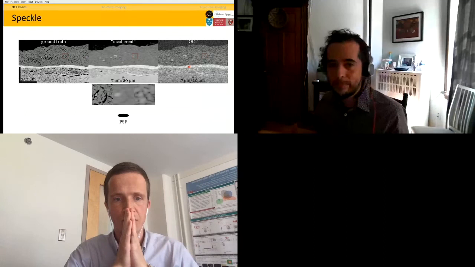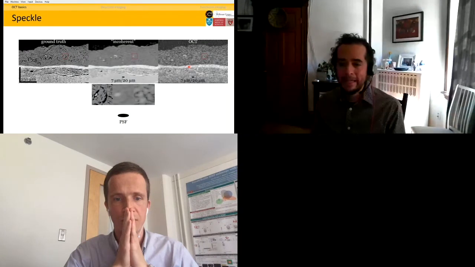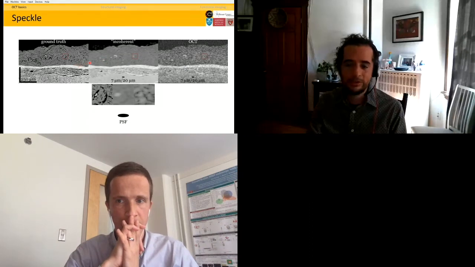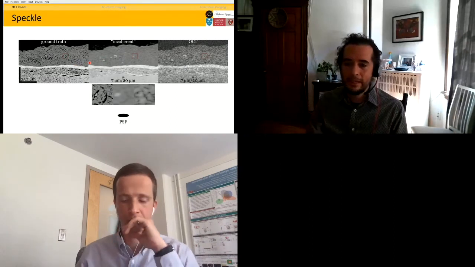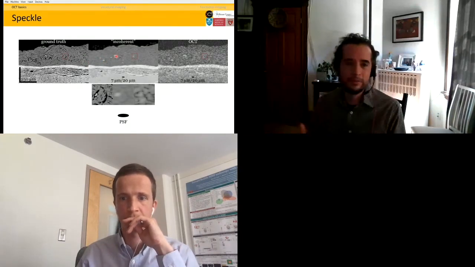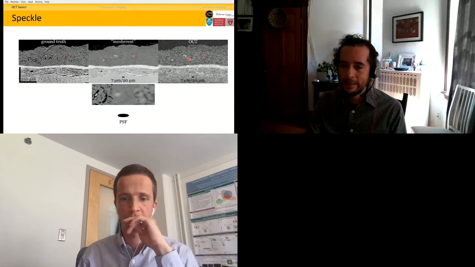If we had a magical way to create an incoherent version of this, which is what we would see in MRI, for example, we would actually have an image that looks like this, where we can now really draw a much closer comparison between the ground truth and this incoherent image. We can actually see at these higher intensity inclusions that this could be, for example, glands of interest in a certain pathology. But in this case, especially when we look at, for example, these red ROIs that I have here,